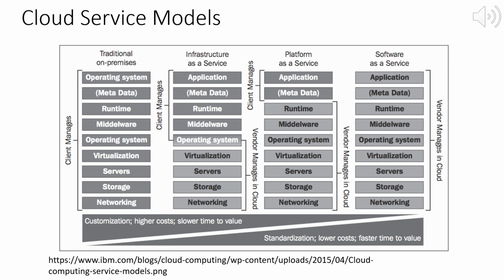So take a look at these categories: customization is high in traditional, low in software as a service; higher costs at the beginning, lower in software as a service; slower time to value on traditional on-premise, but software as a service is more flexible, more rapid, and deployable; standardization is lower on-premise, higher on software as a service; lower costs with traditional on-premise when we are talking about software development, and faster time to value when we go to software as a service through agile